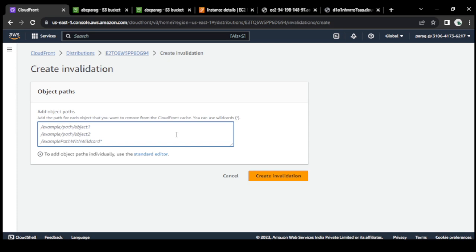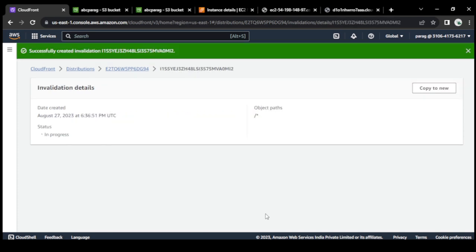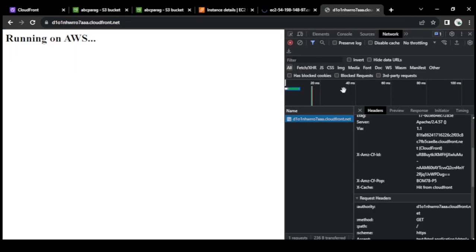We'll wait for this to run, and once this is run, we will wait for a little while. And this is done. As you can see, this page is not loading yet, and this has been completed. Now I will refresh this again, and you will see that this is now a miss from CloudFront, but this is